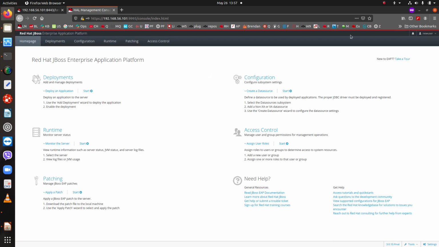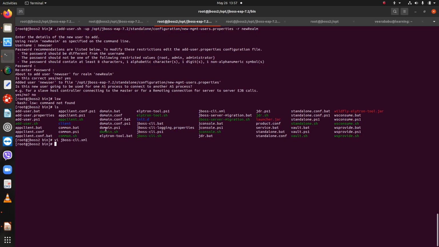So this is about the standalone mode. This is how you log in with the new user. The role we are not focused on yet, the role is a different thing, but here it is only SSL. The focus is that the user is able to log in. Let's connect to the CLI. jboss-cli.sh, of course it will fail, there is no doubt, because it is going to refer to this jboss-cli.xml